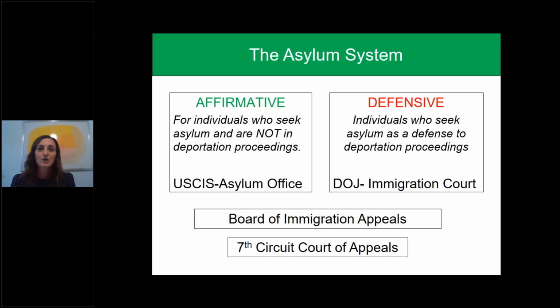Last time as well, we talked a little bit about the asylum system and really how there are two different tracks that your clients can be on if they are applying for asylum. The first track is what we call an affirmative posture. And this is for an individual who is seeking asylum who is not